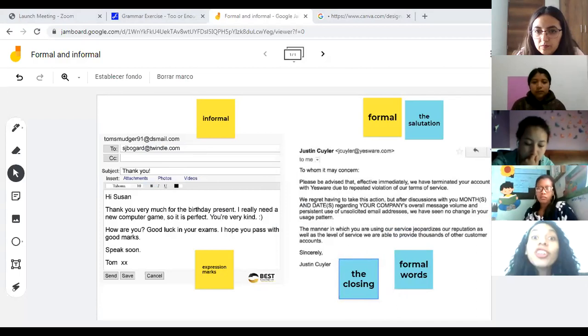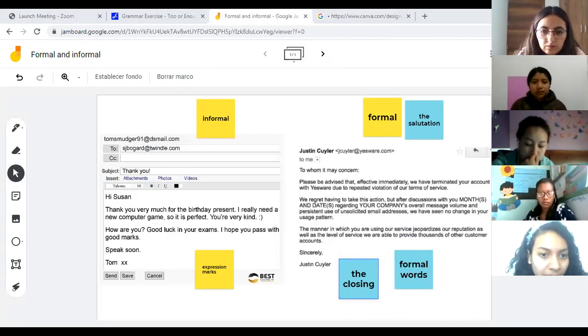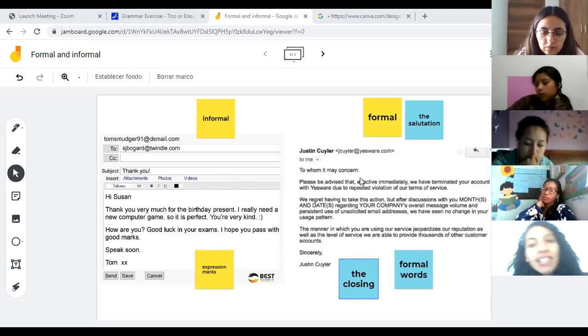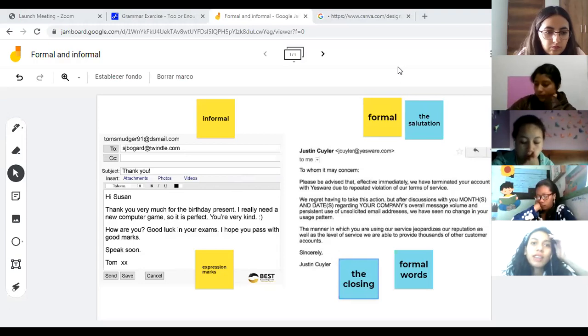The first is shorter, exactly. So yes, as you said, the first is shorter because it's informal, so it's more direct. And in the second, the formal one, there is more detail. Good job, guys. Well, so as I told you,